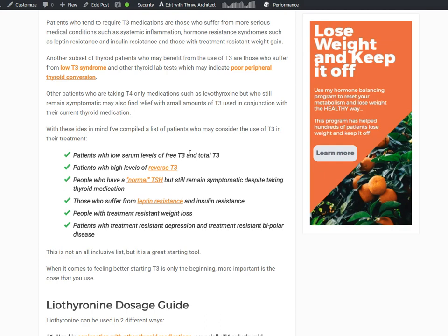I won't get into the physiology of reverse T3 in this discussion, otherwise we'll be here for a long time. But you can think about reverse T3 sort of as an anti-thyroid metabolite or a thyroid blocker. So while T3 does all of the good things in your body, reverse T3, you can consider as sort of a blocking mechanism that your body creates to block the effects of T3. So obviously, if you have a lot of thyroid metabolite that's sitting there blocking your T3, that's just not a good thing. And you can actually test for this in the serum. It's just the serum test of reverse T3. And I have other videos on reverse T3 because it's a very important lab test. But the point here is those who have high levels of reverse T3 tend to do better with the addition